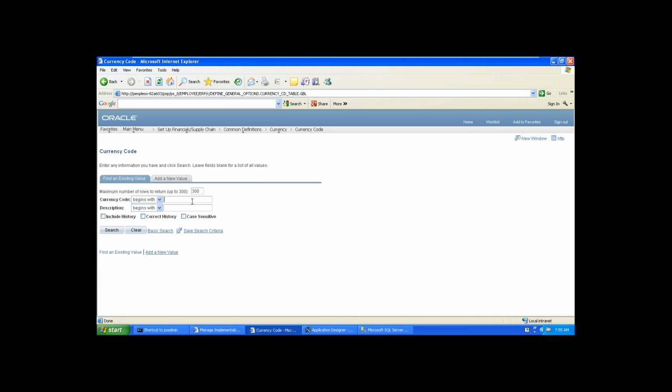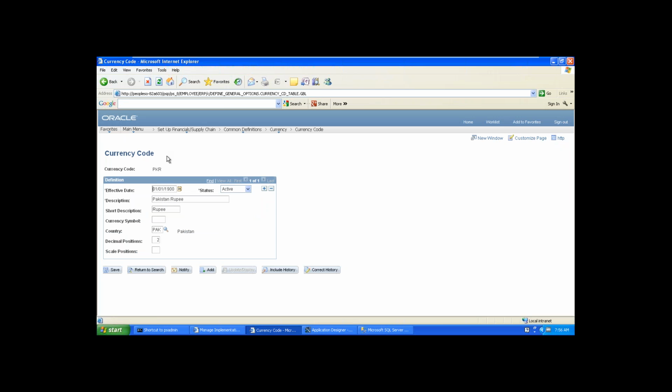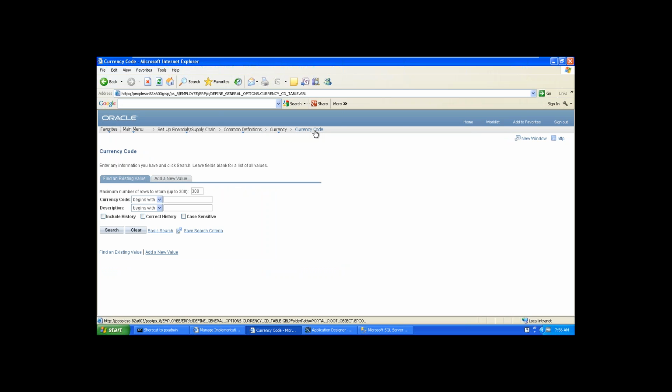For Pakistan it is PKR. Pakistan rupee, and the country that currency code is used in is PAK, Pakistan, and decimal positions too. If any new currency code comes, then you need to define that currency code in the system.